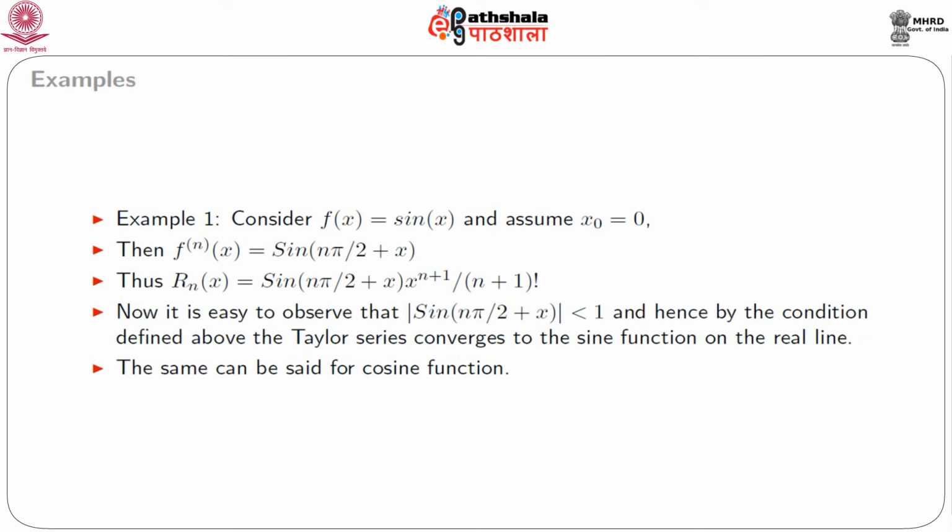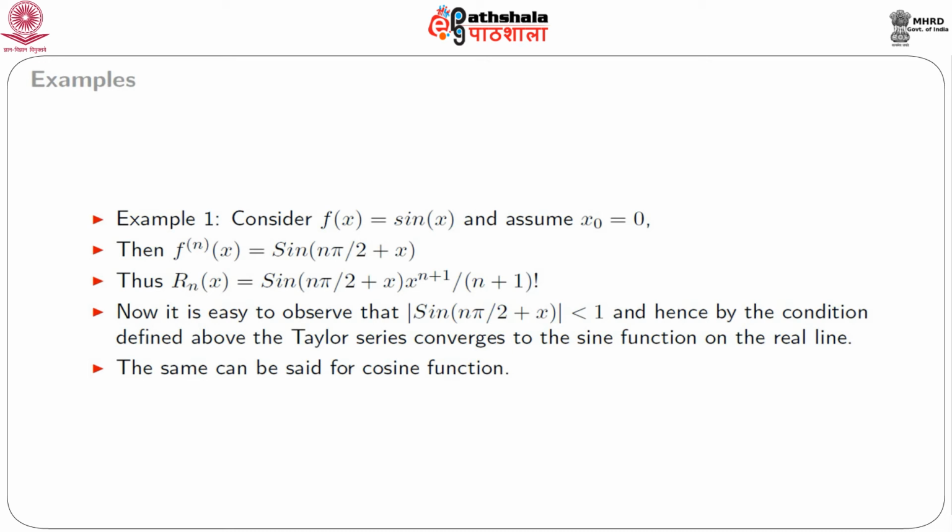So, first consider the function sin x and assume x not equal to 0. Now, the nth order derivative of sin x is known to be sin(nπ/2 + x). So, in this case, the remainder after the nth term, that is R_n(x), comes out as sin(nπ/2 + x) multiplied by x to the power n+1 divided by (n+1) factorial. Now, since sine functions are uniformly bounded by unity,